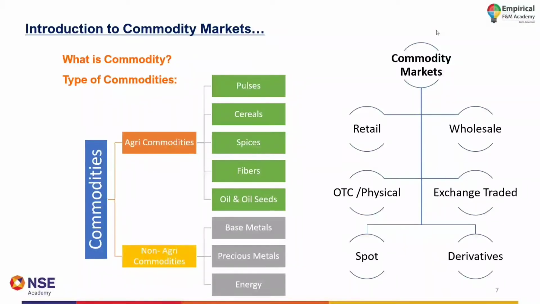Probably we don't have a spot exchange here, but at least we can go for some exchange traded products. The major agricultural produce committees or the farmer producer organizations sometimes have some mechanism other than the OTC market. They also hold prices in the respective areas. Sometimes that can be considered exchange traded products, but predominantly, since we are dealing with NSE, BSE, MCX, and various other exchanges, we call them exchange traded products. And here also the big markets are the spot and derivatives markets.